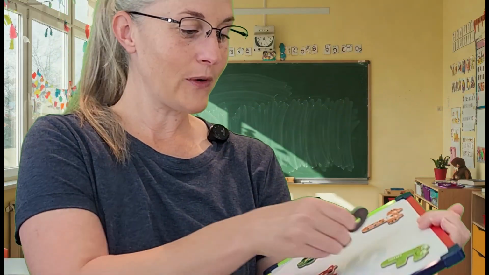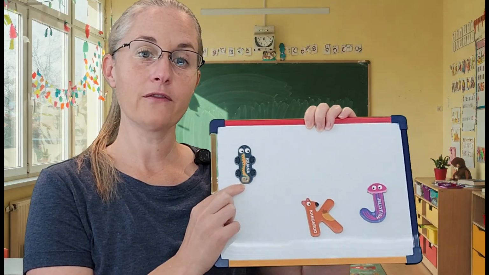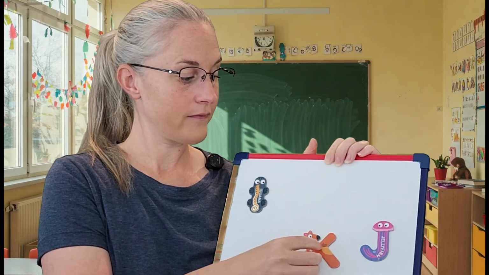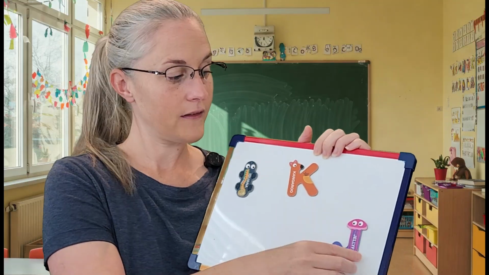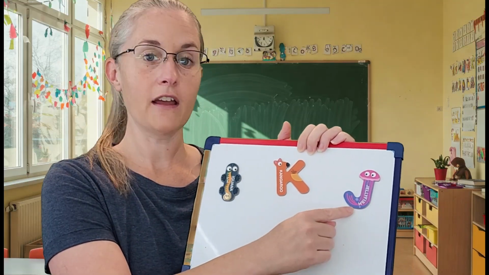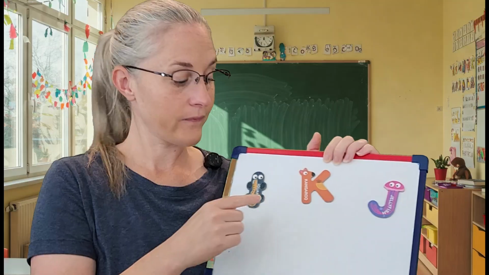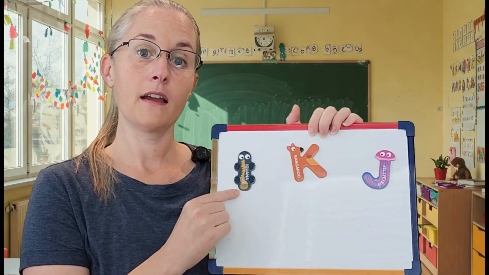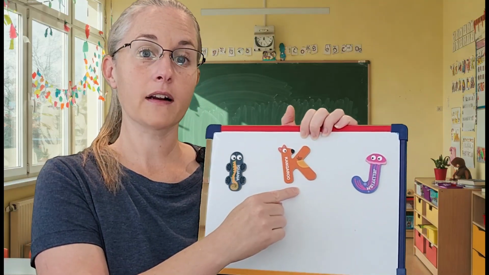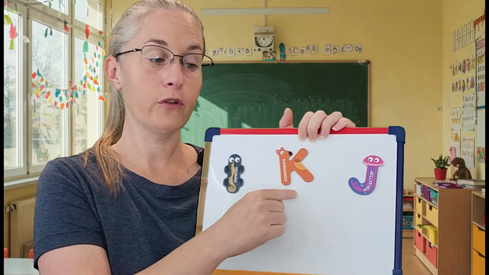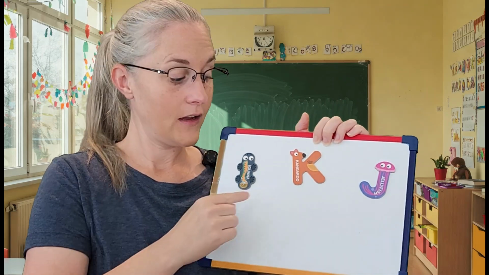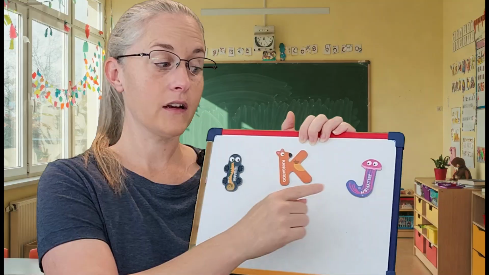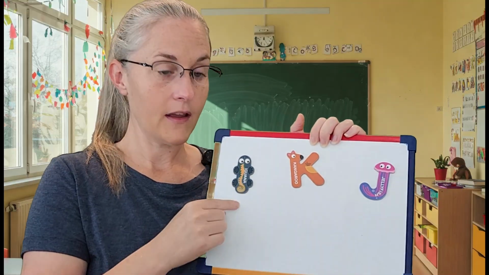So let's review one more time. We have the letter I for I, the letter K for K, and the letter J for J. I, iguana, K, kangaroo, J, jellyfish. I, K, J. I, K,